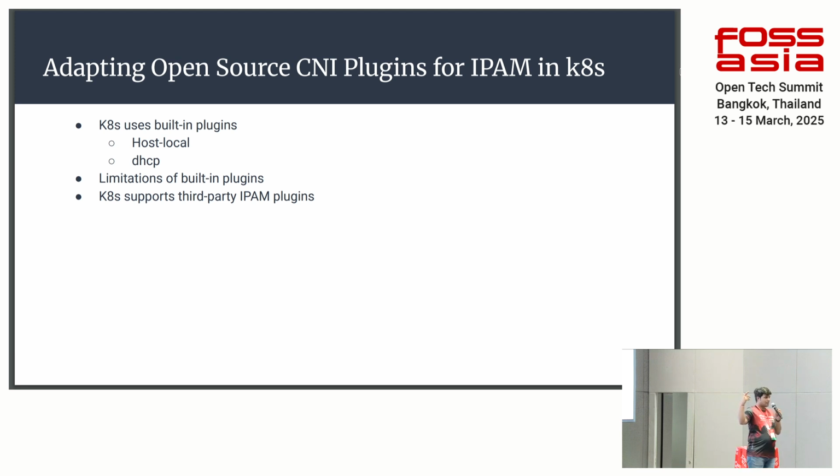Again, DHCP is another built-in plugin for IPAM. But the thing is that DHCP requires its own DHCP server, which again comes with its own overhead, right? It is an overhead if we are supposed to manage another DHCP server. So I personally wouldn't want any such overhead. Given these limitations with the built-in plugins, Kubernetes finally started supporting third-party open source